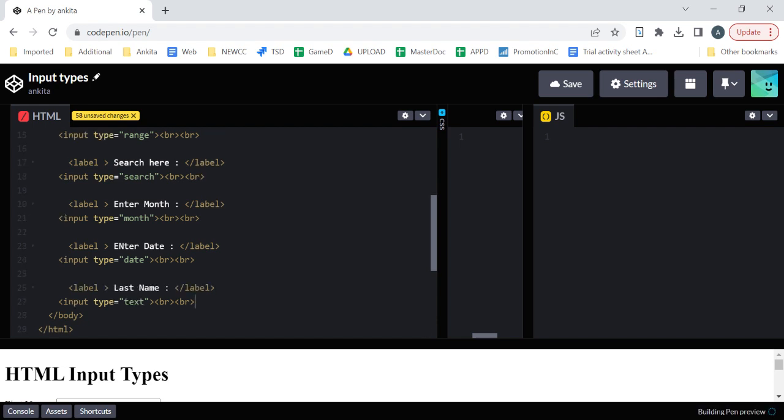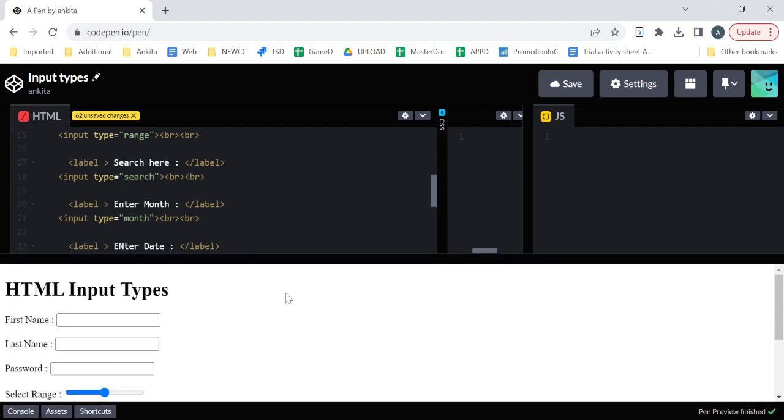Okay, so instead of the last name, sometimes you might have noticed, everyone, that we want to choose a file from our system. Maybe it is saved in local disk C or D, in the downloads section, or on the desktop. So we have to just select it from here. So how does that come? By input types. The type will be file, and when I do that, now it is very good,